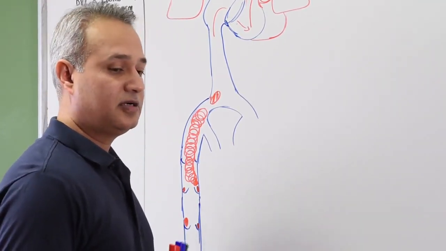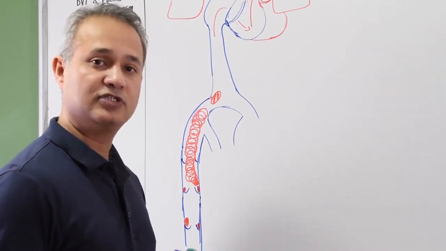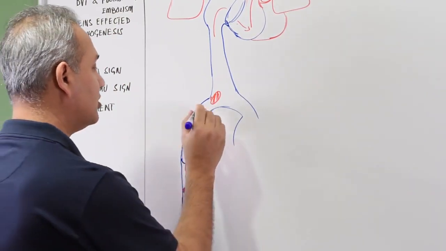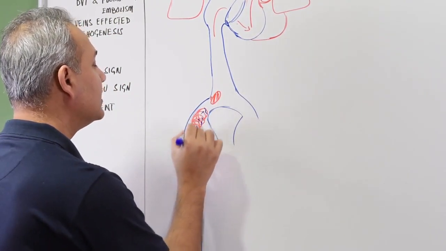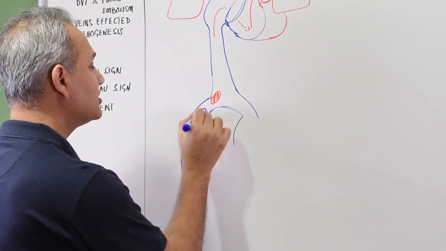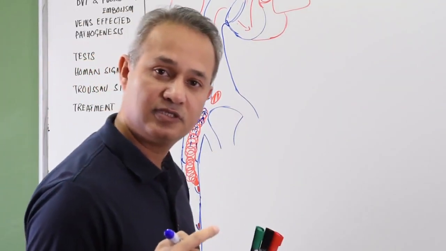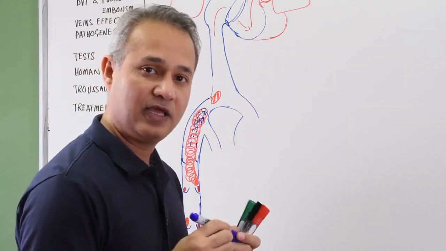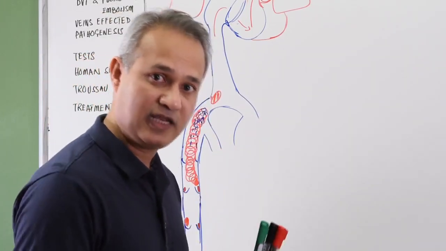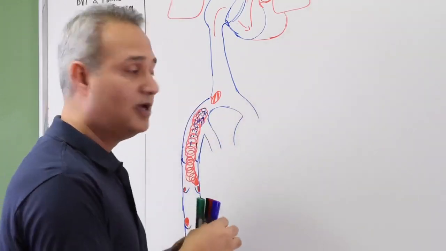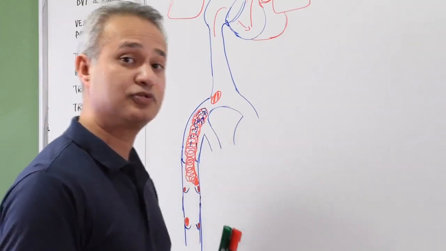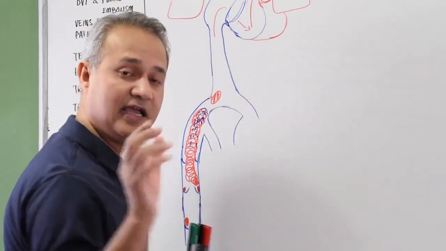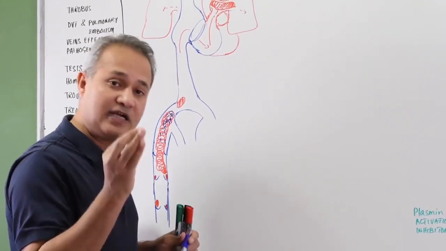The other tests that are more accurate, more specific and more sensitive, of course, are these. Because it is a thrombus, you know that on the thrombus we are forming fibrin polymers, right? Whenever we have thrombus formation, coagulation happening, and fibrin forming, there is plasminogen and plasmin as well, and the plasmin would come and try to break down the fibrin. So fibrin degradation products, FDPs, are present, and you can test for them,